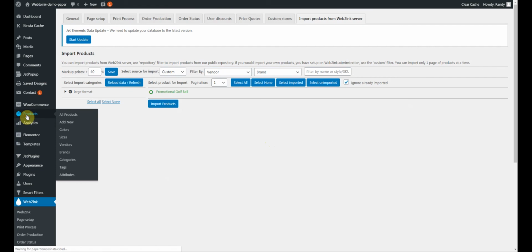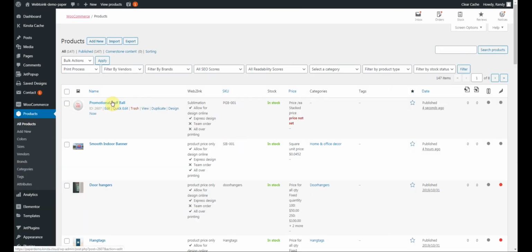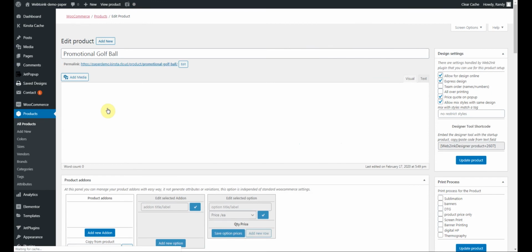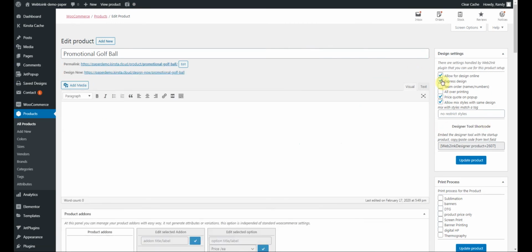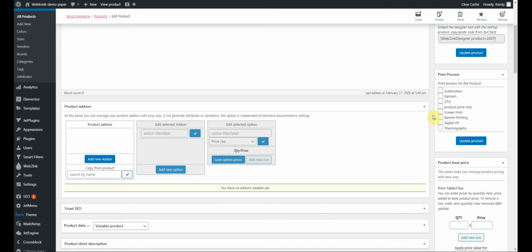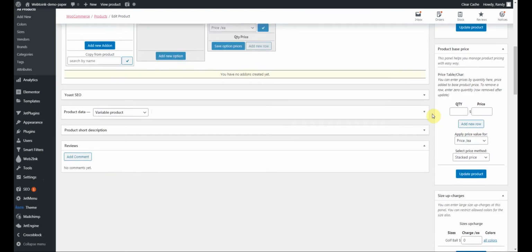Let me go to our product list. This should be the top product, Promotional Golf Ball. So I'm going to click on Edit and just make sure that I have this set up properly. So allow for design online, yes. Express design, yes. Team order, no. All over printing, no. Right here I'm going to do product price only, and then I'm just going to control